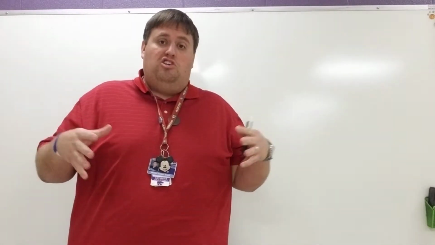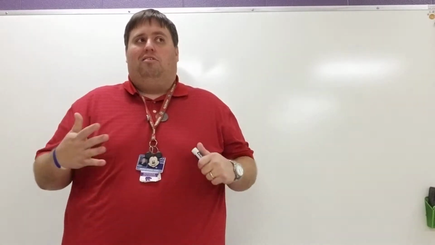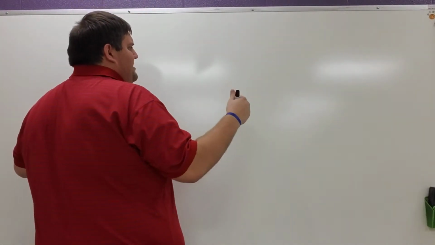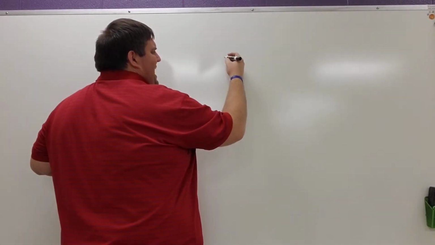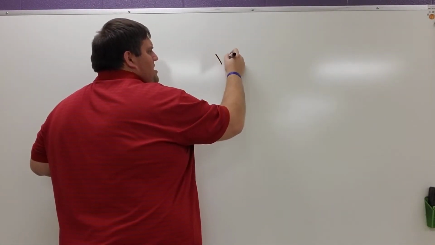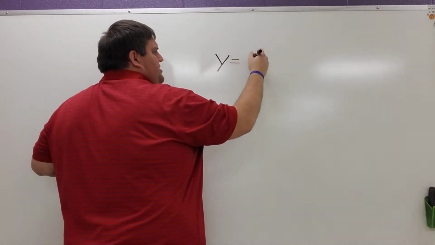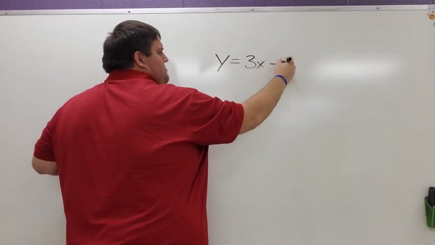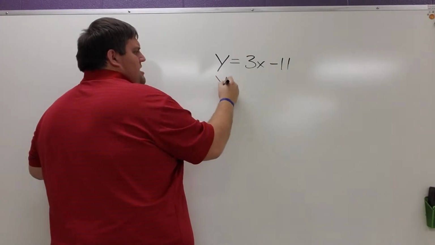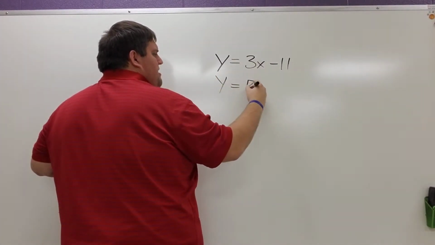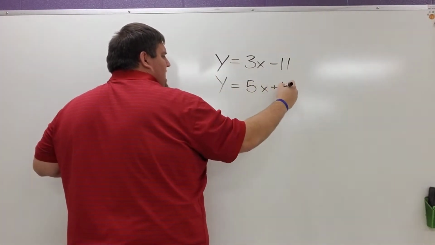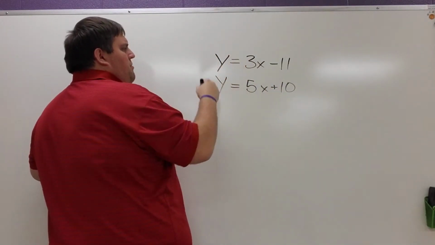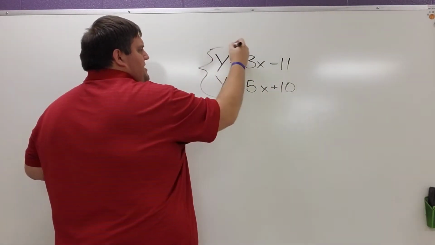But we are going to start Unit 4, which is Systems of Equations. Now, Systems of Equations is something that you usually get a little bit in 8th grade. I teach it, but I'm not sure how much you guys know. So, a system of equations will look something like y equals 3x minus 11 and y equals 5x plus 10. And they want you to solve them together,